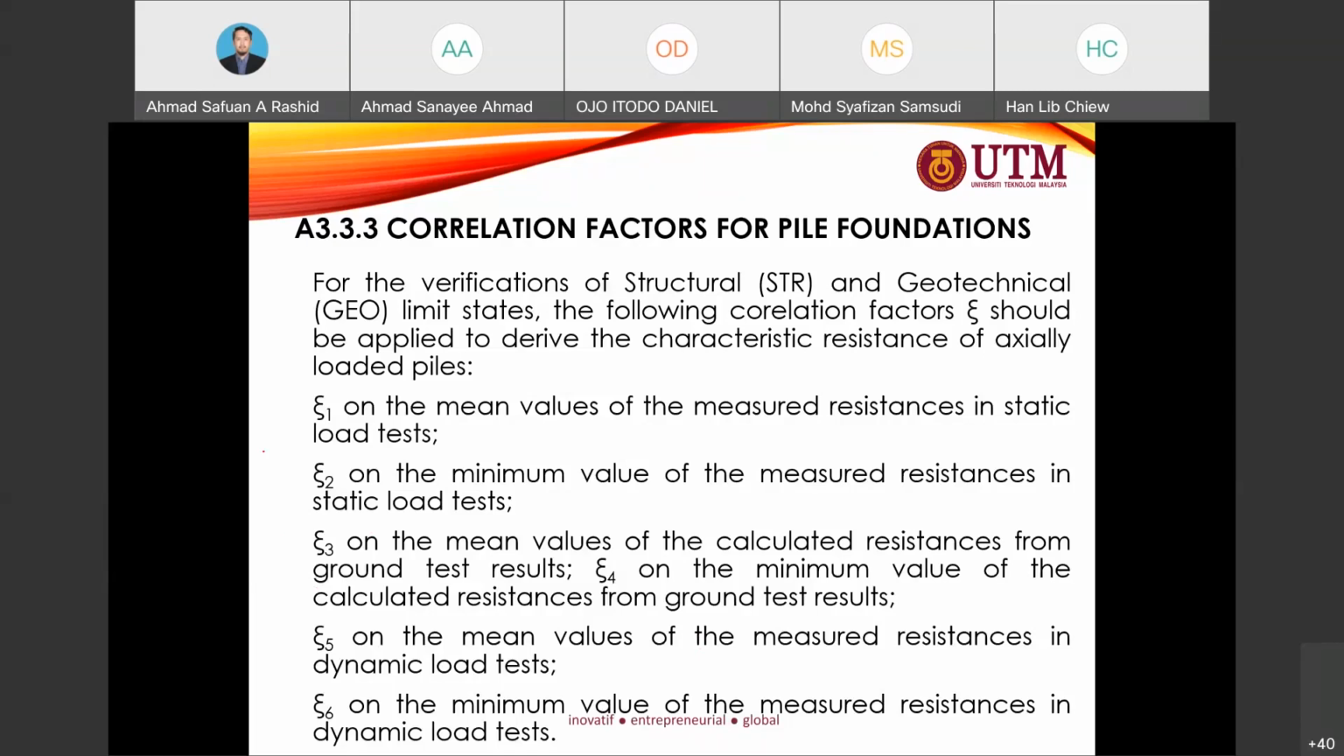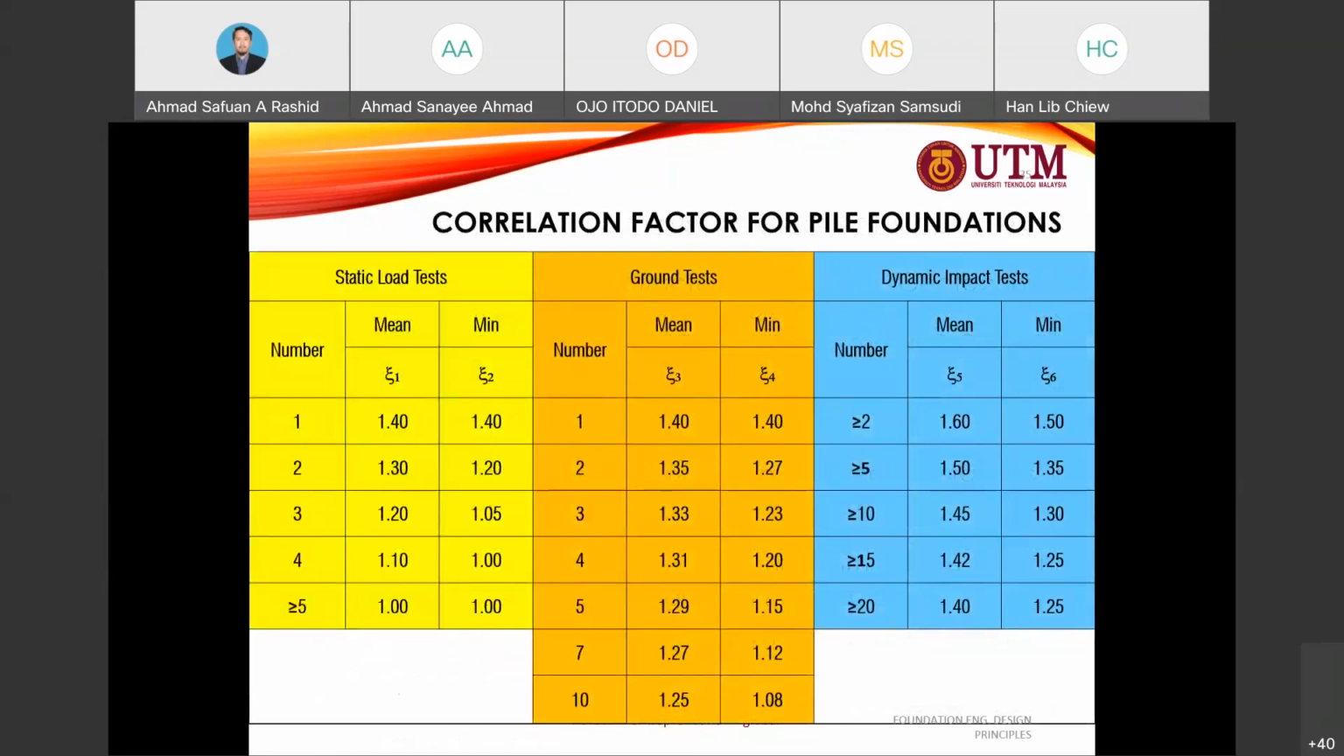So they are different. For the static load test, we are using zeta 1 and also zeta 2. Zeta 3 and zeta 4 are more related to the result from the SPT, while zeta 5 and zeta 6 are related to the PDA or any dynamic load test. So what is the value of the zeta? We may look at this